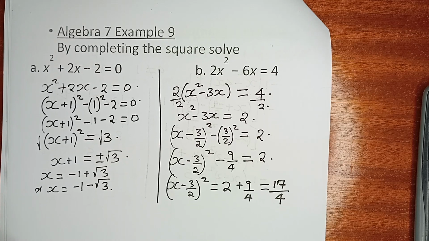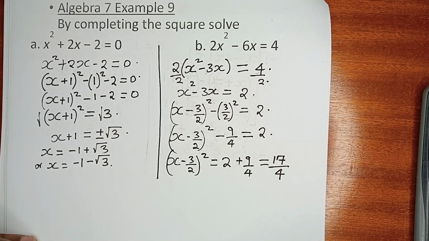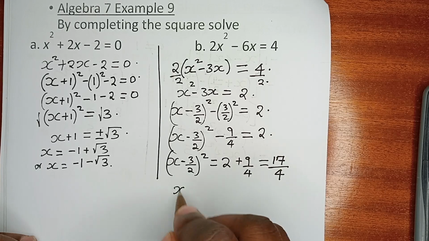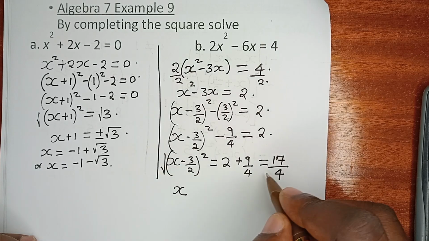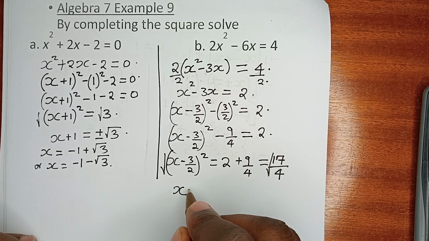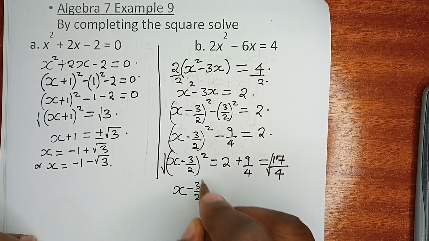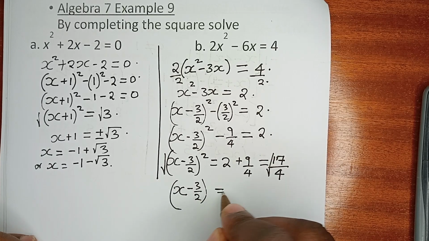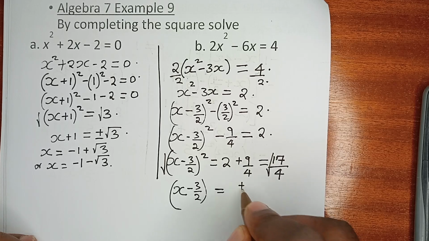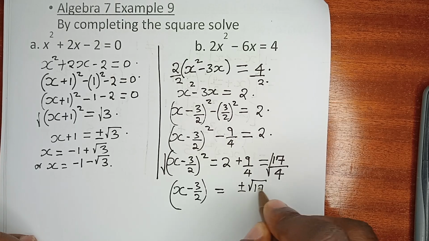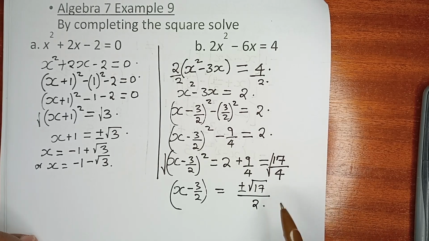After so doing, we have x minus 3 over 2 equals plus or minus the root of 17 over 2,